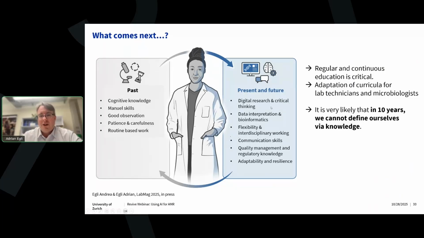accessing information is very easy, as I've shown you. Observation skills against the convolutional neural network is very hard, I can tell you. We do some comparisons here with our lab technicians, and AI usually wins. So you need a different skill set, and you need to prepare for that. And I think it's very, very important that we adapt our curricula, because I'm pretty sure in 10 years, we cannot define ourselves only by your knowledge. We need to